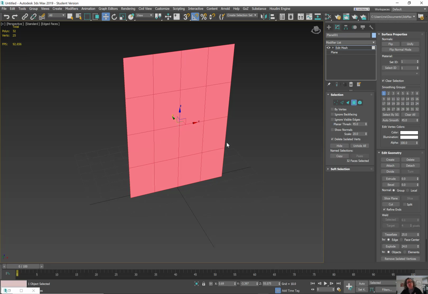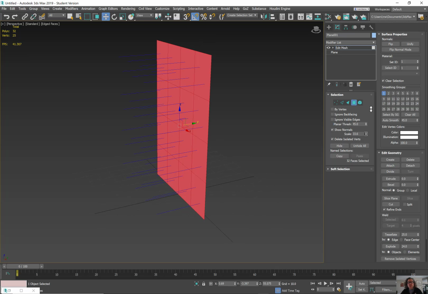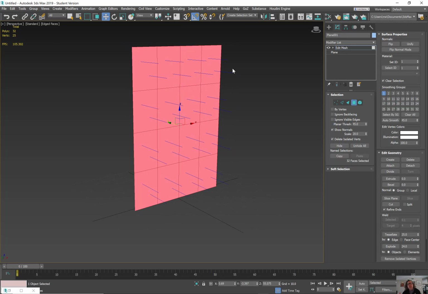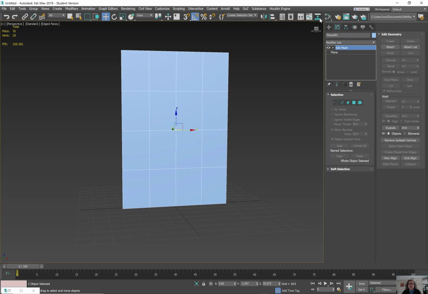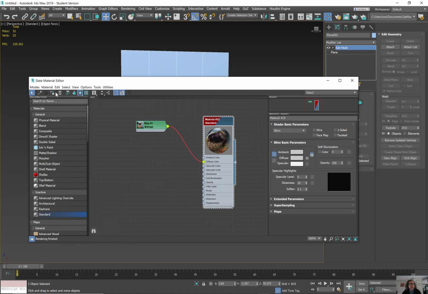But if you really want to see the orientation in the edit mesh modifier, with the polygons you want selected, turn on show normals and you'll get these little iconic spikes pointing out the direction. You can change those up if you need to see the size of them. This shows you the direction of the normals, and this is what's actually going to render when we put some kind of mapping or shader technology on the geometry. So for instance, I throw this planar object on there, hit apply,